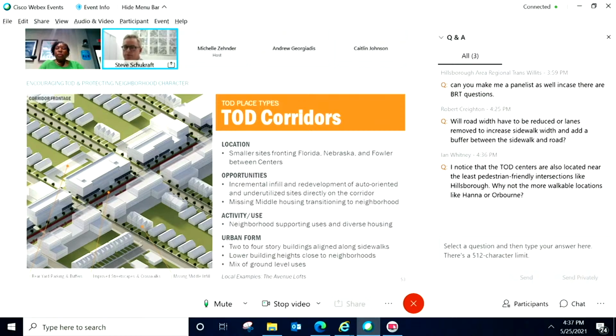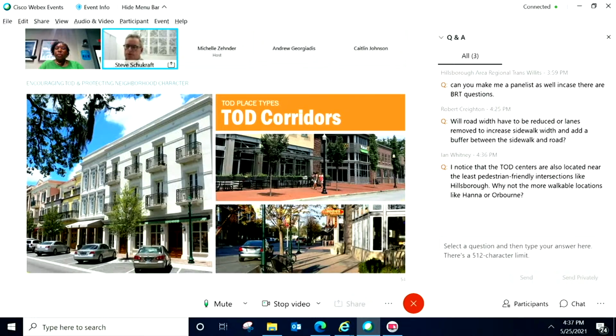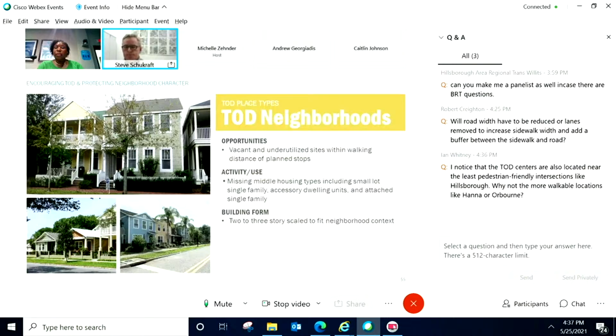So we don't see these as being as intense as what happens at the centers. These images show the general scale that we're talking about. So again, 2 to 4 story buildings, more neighborhood character, still highly walkable, still a focus on the pedestrian realm and the way buildings meet the street.